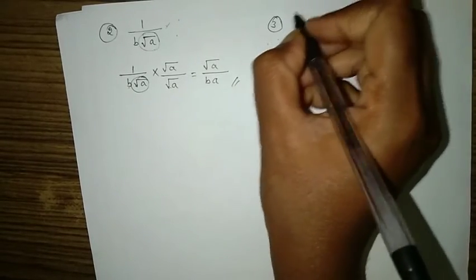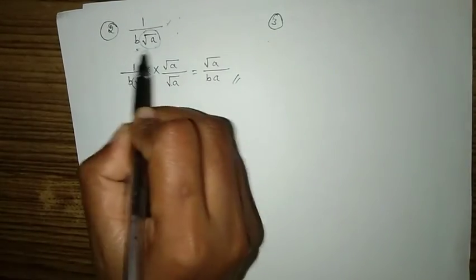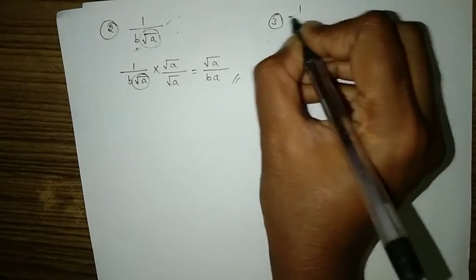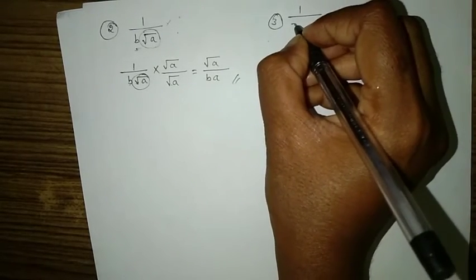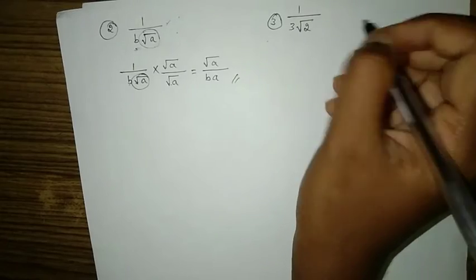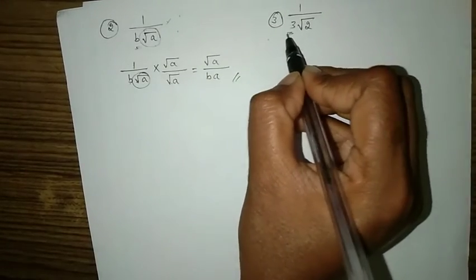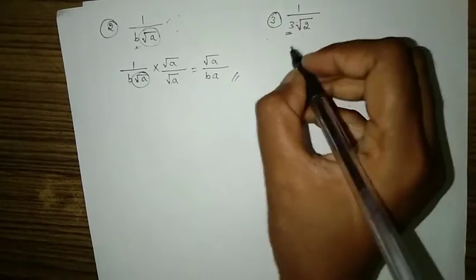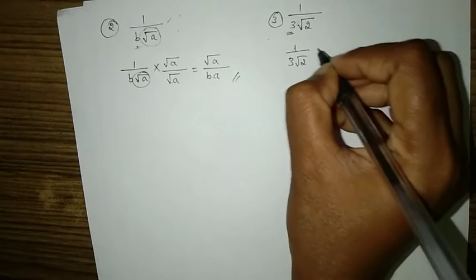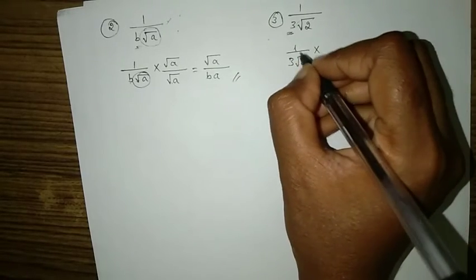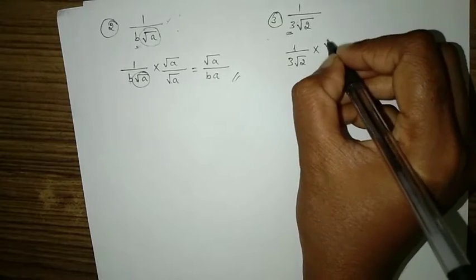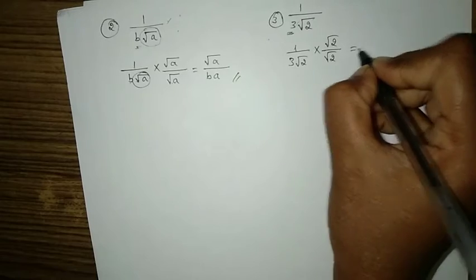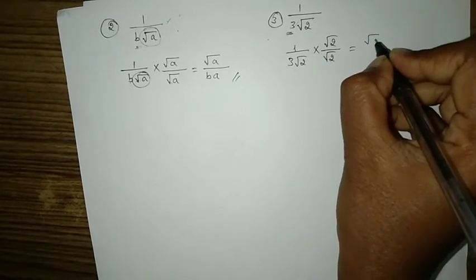I will just give numbers to this problem. You have to solve this along with me, okay? 1 divided by b into root a, where I'll give b as 3 and a as 2. How can we solve this? You don't have to worry about this term, because all we have to do is this elimination, right? So how can we write this? Multiply 1 by 3 root 2 into root 2 divided by root 2. Good. So what happens? 1 into root 2, root 2.